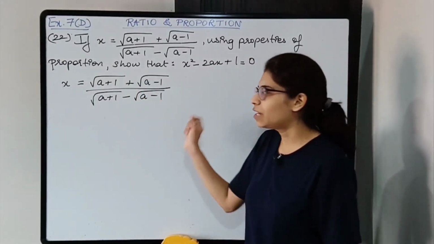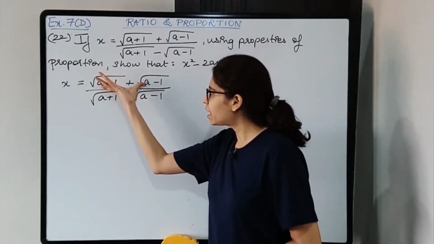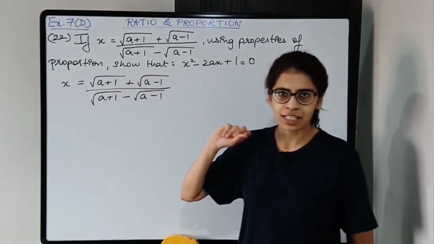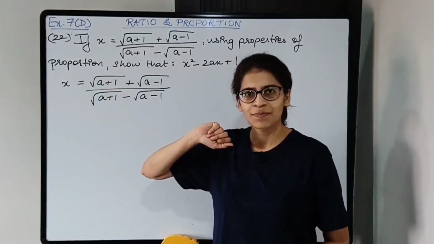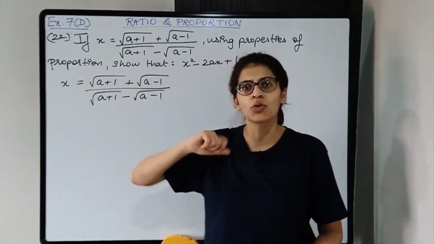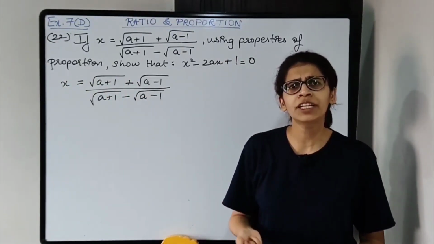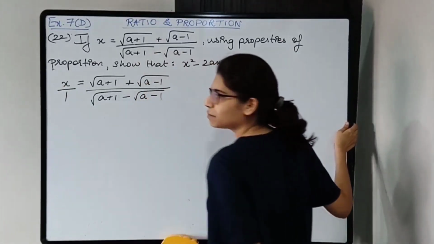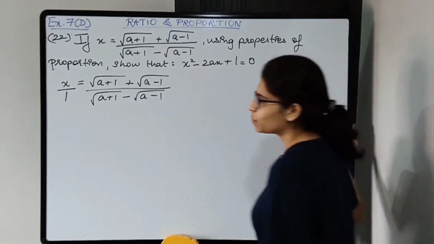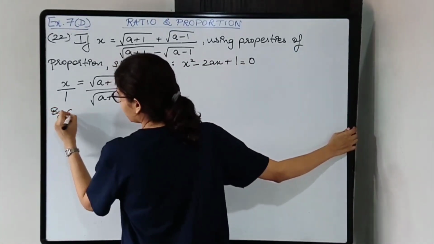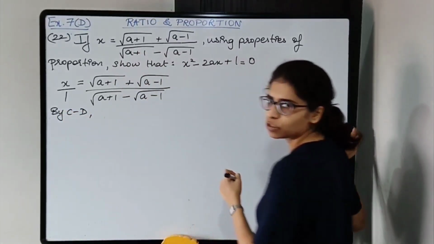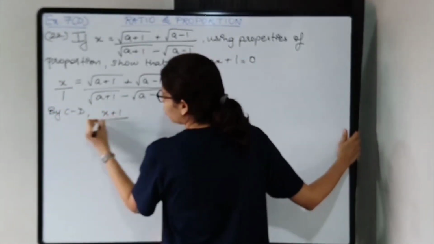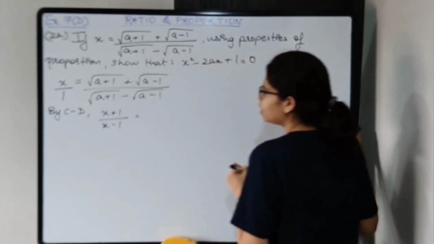So we will apply componendo dividendo. This will be the entire numerator, this will be the entire denominator. So numerator plus denominator upon numerator minus denominator. Same thing in LHS. In LHS we are given only numerator, no denominator is there. When no denominator is given, it is 1. So the denominator here is 1. Let us apply componendo dividendo. By componendo dividendo, I am not writing down the full thing, you have to write it down. Numerator plus denominator upon numerator minus denominator is equal to